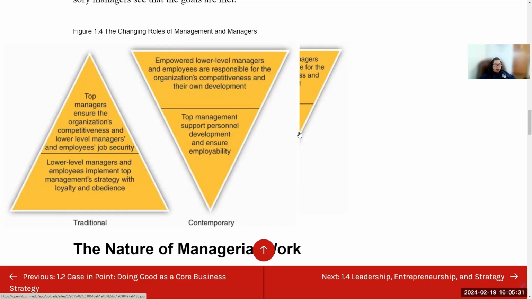And of course, when the top empowers the people underneath, they could feel that they have full support from the top management, and they can be assured of employability. This means assured of the job. The top manager is going to tell you, okay, you are a key person of this company.